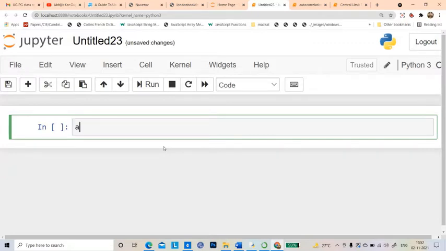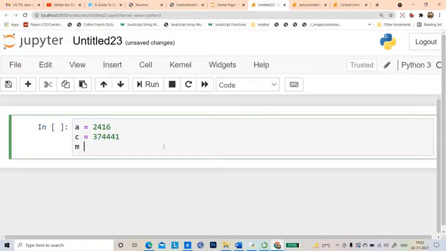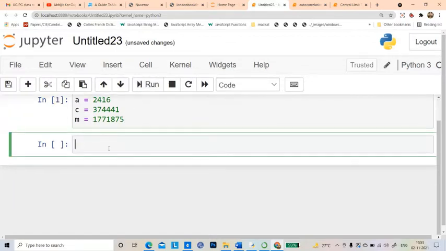Let me write a equal to 2416, and c equal to 37441, and m equal to 1771875. So let us have these three numbers, and next I write a function definition.